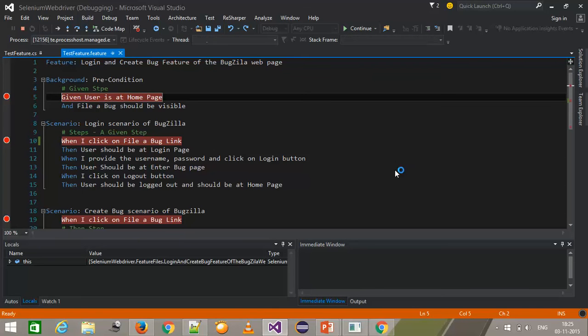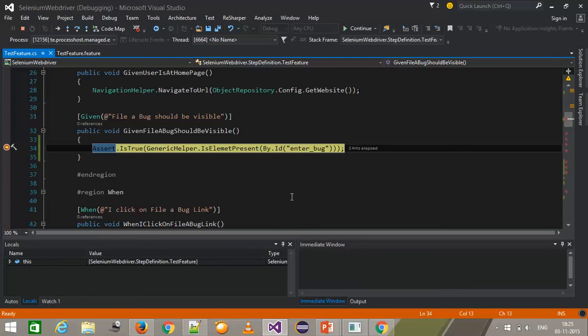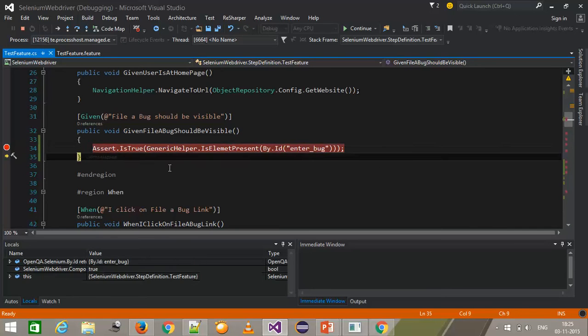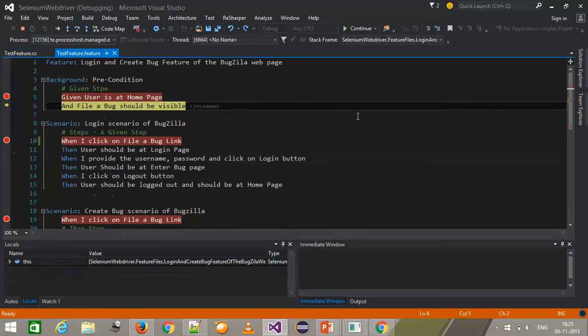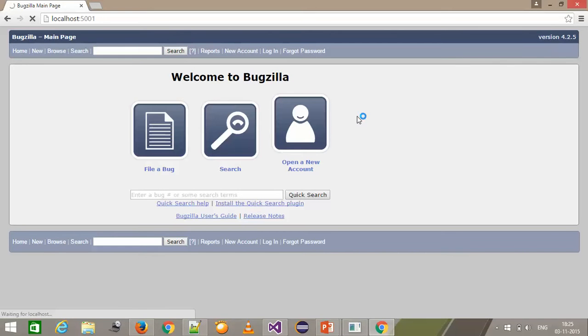I will do the step over. So again it will do the assertion. It will check for the file a bug link, and this is passed. After that, it will click on file a bug link,